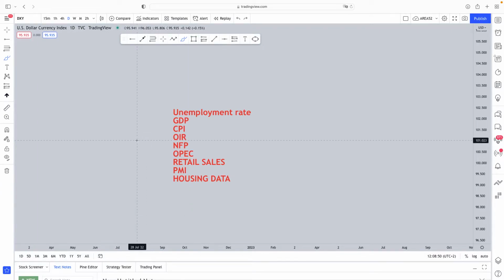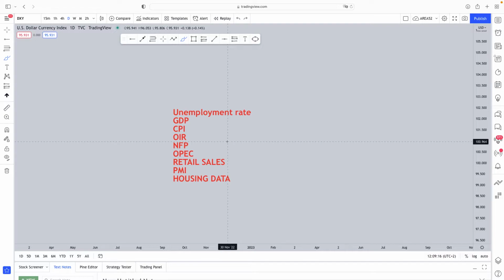So the next one I do want to speak about is the GDP, the gross domestic product. It's the growth rate, which is the most important thing from where I'm sitting for any country. The GDP is like a scorecard for a game. If you've ever been in primary school and they gave you those little scorecards, it's the same thing. It measures the overall health of an economy, and the higher the GDP growth rate, the stronger the currency would be.